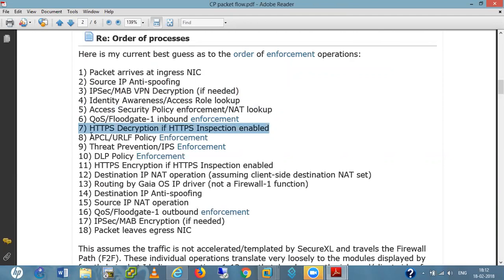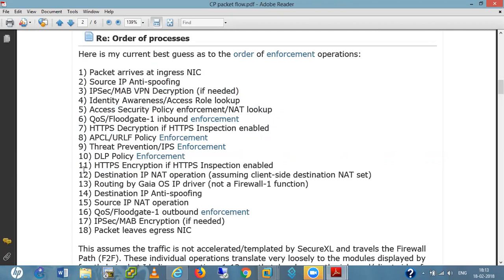After that, it checks for URL filtering and application control. After that, it goes for threat prevention and IPS. After that, there is the DLP check. DLP check in the sense? Data loss prevention. It's part of content security.